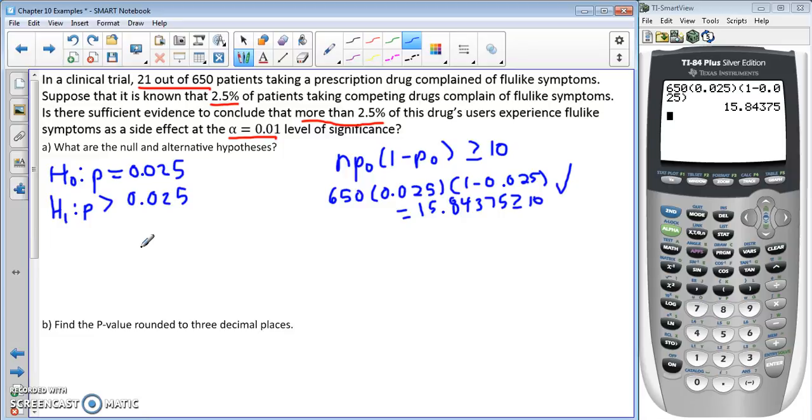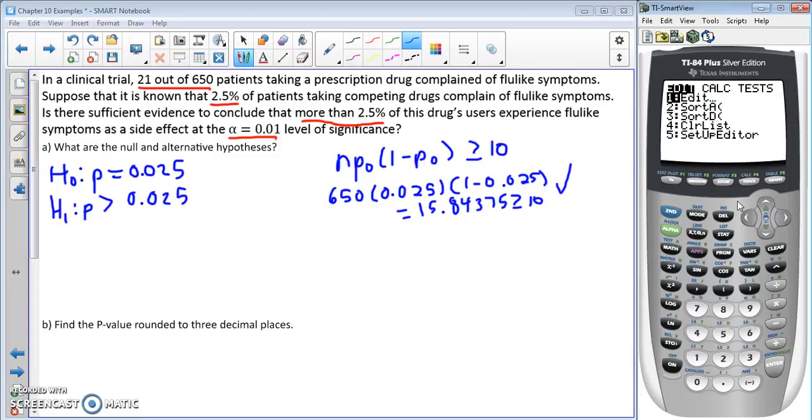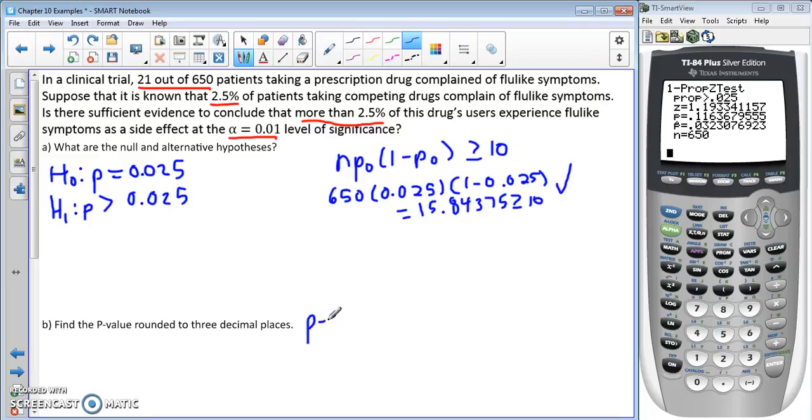Right? So now we want to find the p-value, so we can use technology here. So we're going to do stat test, 1 prop z test. P naught is 0.025. X is 21. N is 650. And then here we're looking at more than, so I'm already on greater than, so go down to calculate and press enter. So our p-value here is